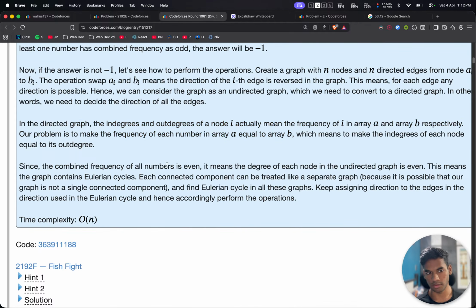That is the problem, which means to make the in degrees of each node equal to its out degree. Since the combined frequency of all the numbers is even, it means the degree of each node in the undirected graph is even. Yes, in the undirected graph, the degree of each node is even,